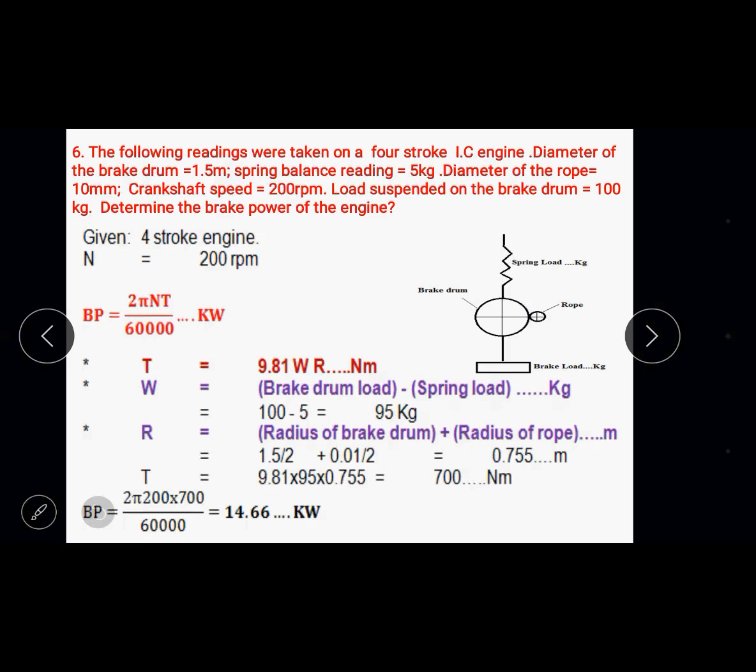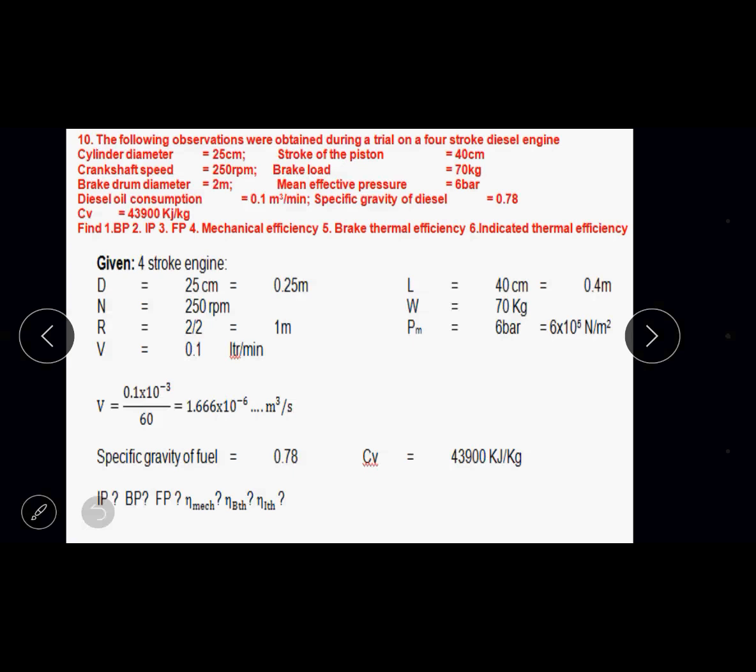Any doubts? If you don't have any doubts, shall I proceed with the next problem? Yes, sir. Okay, so no doubts. Out of the 10 problems solved in the notes, I have selected 5 problems. I hope all the 10 problems' concepts are covered in this. The other 5 problems' concepts will already get covered in these 5 problems. So if you have understood these 5 problems of my presentation, the other 5 problems you can also easily solve and prepare.